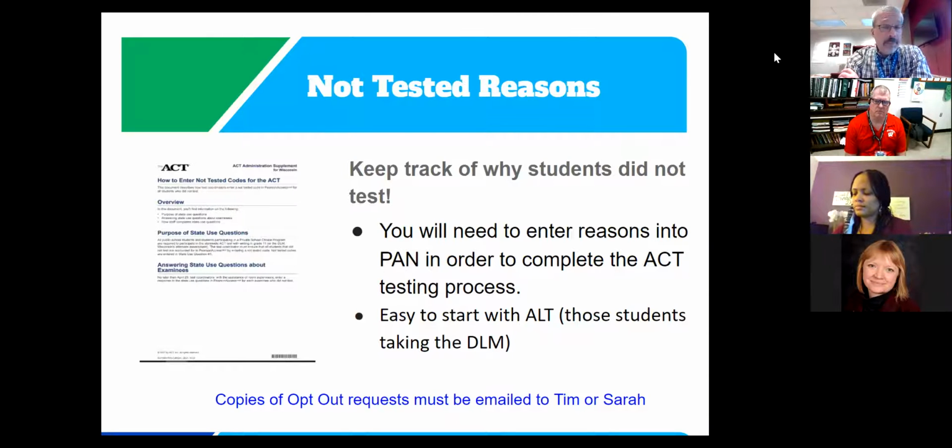If the student is absent and you just believe that they said, yeah, I'm not showing up, in one sense that is opting out. But if there's a specific note saying that they are opting out from the family, then that's what I need to have a copy of. But it's a whole lot easier to start keeping track of who shows up and who is not now versus when you're in the midst of trying to pack everything up and trying to keep track of things then.